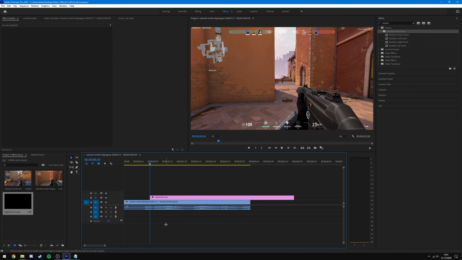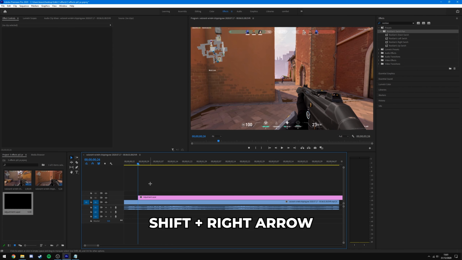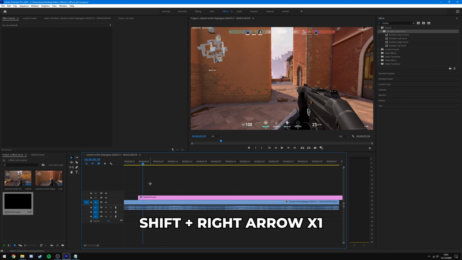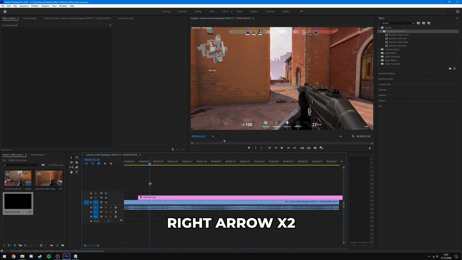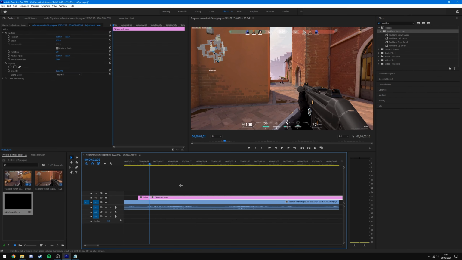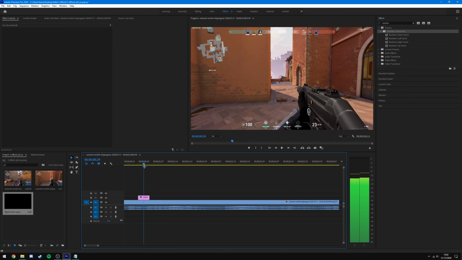Now usually you're going to want this effect to be quite short, so I recommend using 12 frames. So to make your adjustment layer 12 frames, you're just going to want to hold shift and then press the right arrow twice, so that will jump in 5 frame increments. So that's 5, that's 10, and then tap it twice more without holding shift, and that will be 12. Then select the adjustment layer, press C, select the rest of it and delete, and you can see now we have a 12 frame